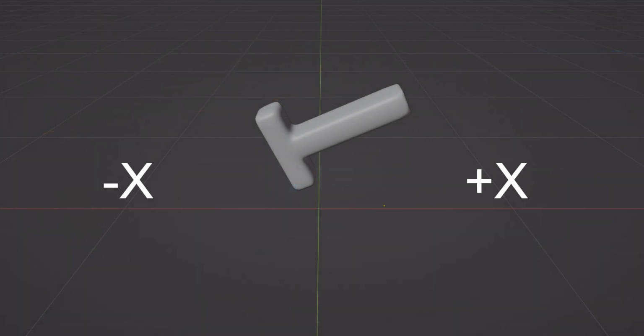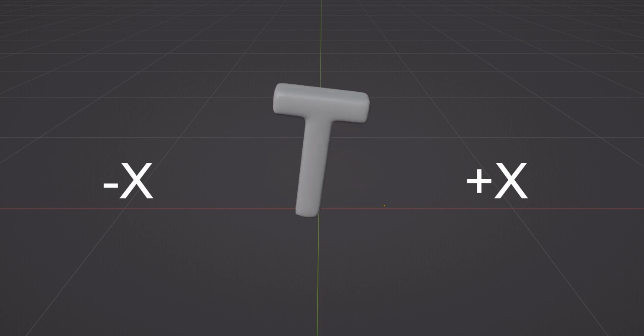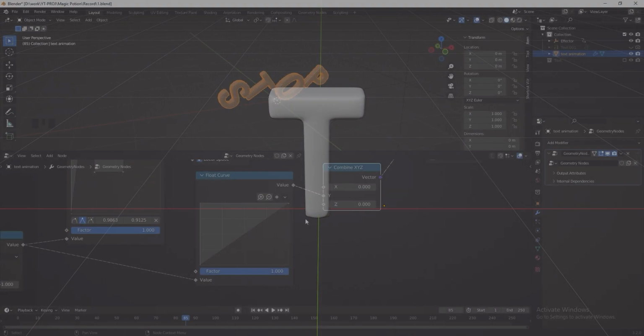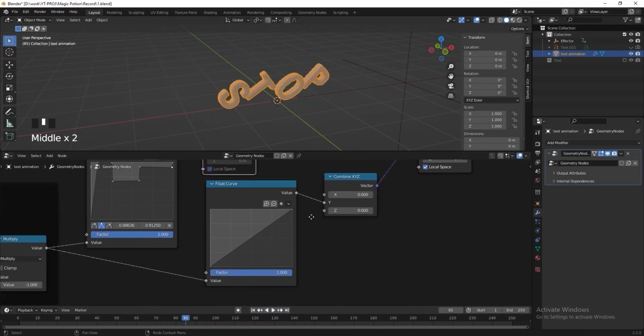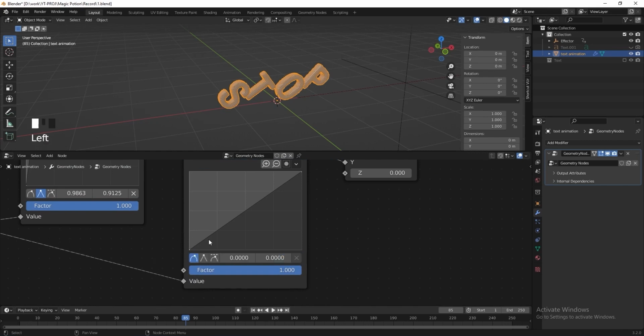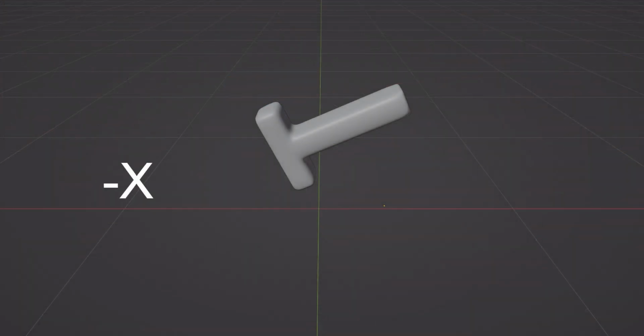For the rotation, we want it to start rotating from the negative x-axis towards the positive x-axis. Then go back to the negative x-axis and stop at the original rotation degree. So let's mute the scale instance for now. If we refer to the float curve, currently the rotation starts from 0, which is the original rotation degree, but this is not what we want. We want it to start the rotation from the negative